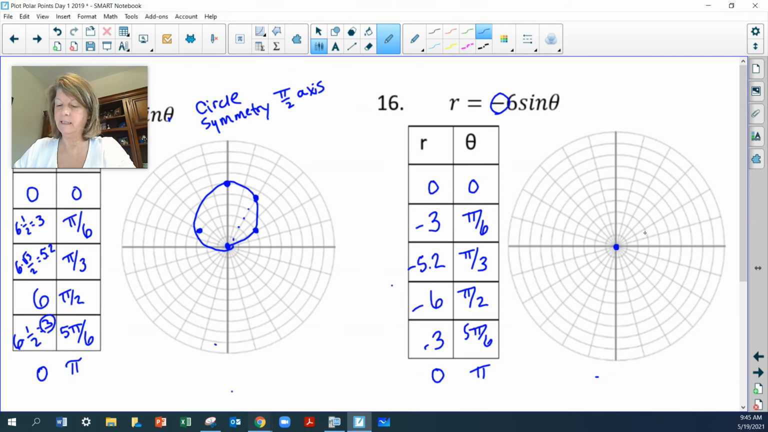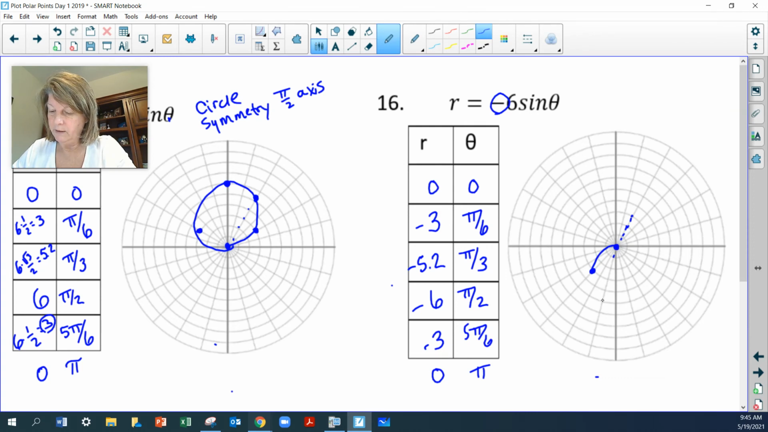Pi over 6, negative 3. This is that bounce over, isn't it? Bounce through, and 1, 2, 3. Now I'm plotting here. So this is actually going to start tracing in that direction. At pi over 3 was here. It's going to come across, so we're back over on this side with a negative